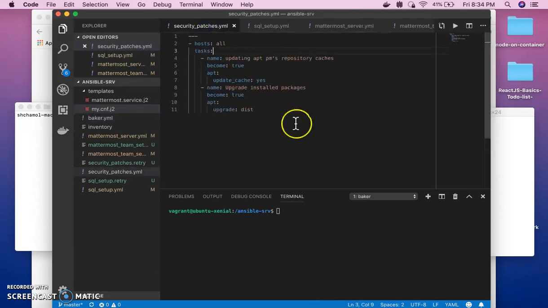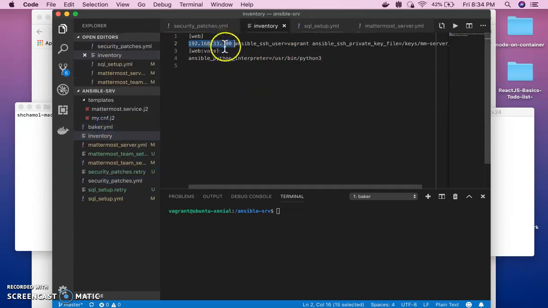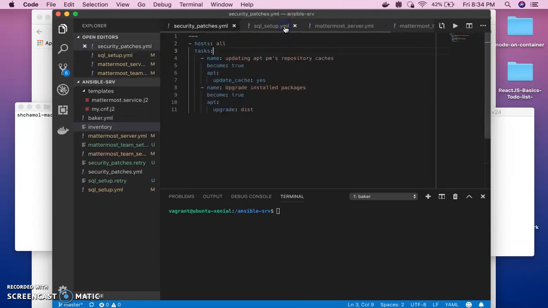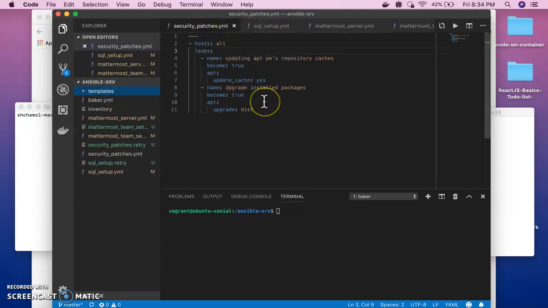So great, and I'll show you first of all the four Ansible playbooks, and then just run it, and you'll see magically a Mattermost server being hosted on the IP of the web server, of course, and the IP of my web server is this, and it's in my inventory file, and basically my first Ansible playbook is just for